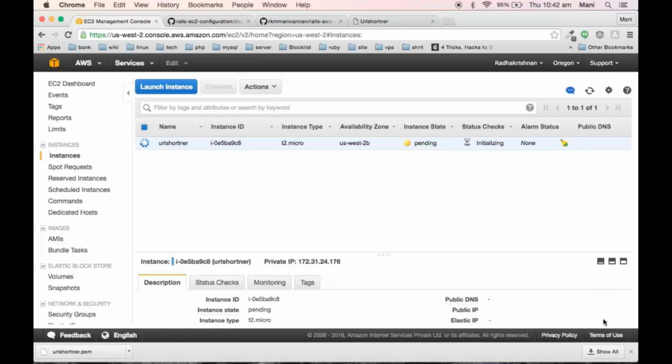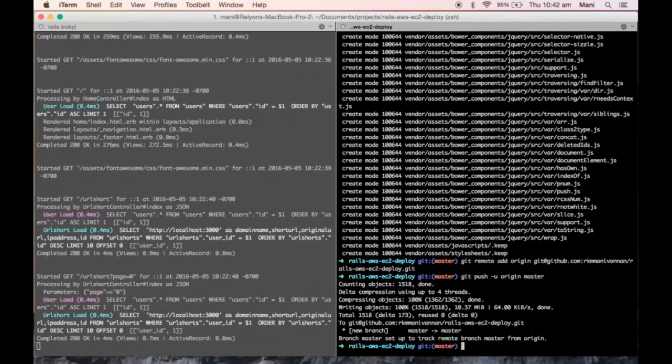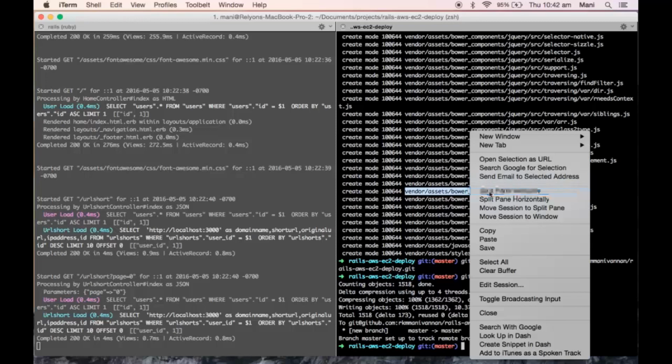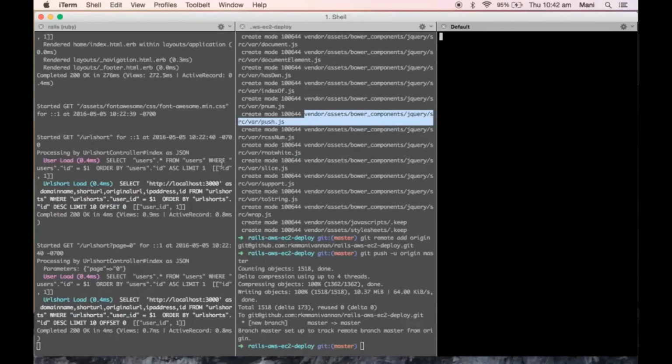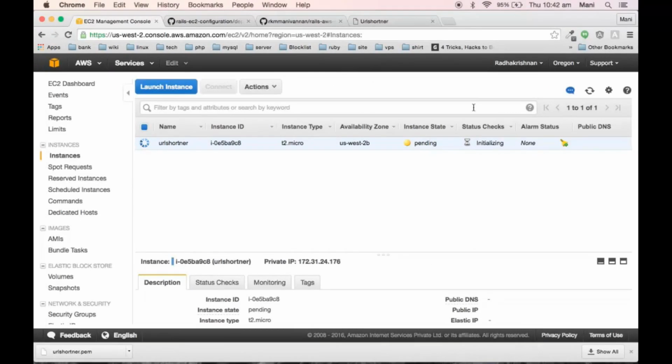Meanwhile we will do a small configuration in our local system. What we need to do is paste our URL shortener.pem file into our .ssh folder.